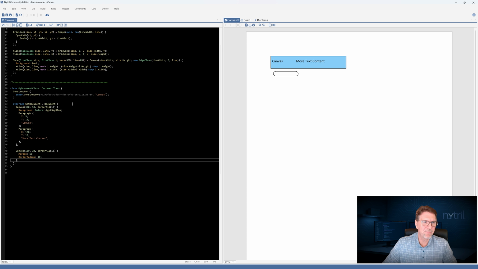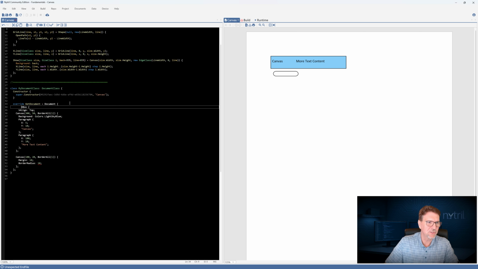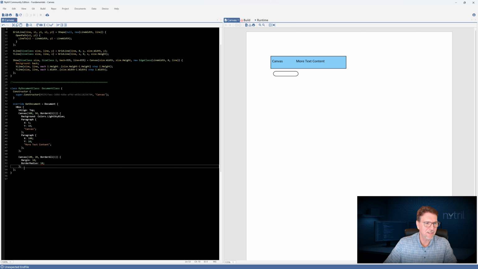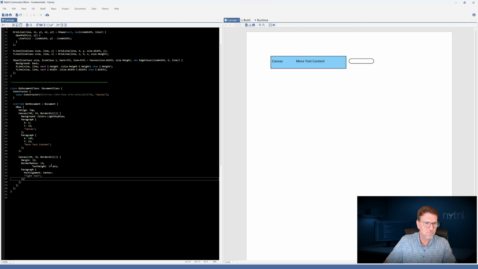So I'm going to wrap these in an H box just because I want to position this to the right. There we go. Now we're going to go ahead and put some text in this canvas here. We're going to give it a text height of 14 points. And we're just going to call it type text.